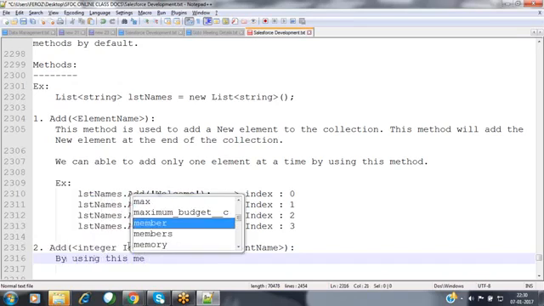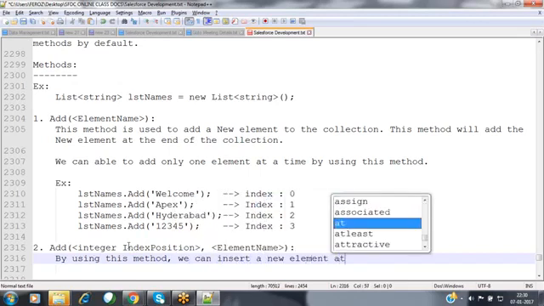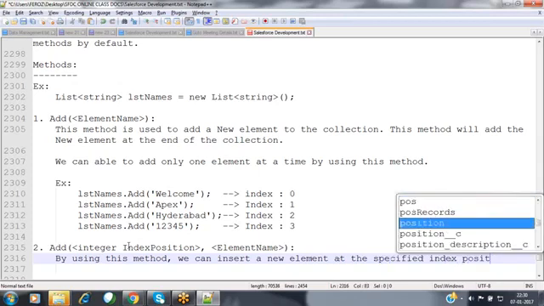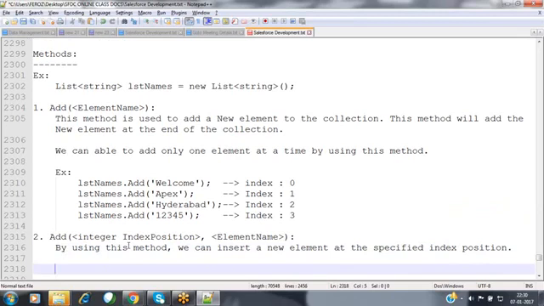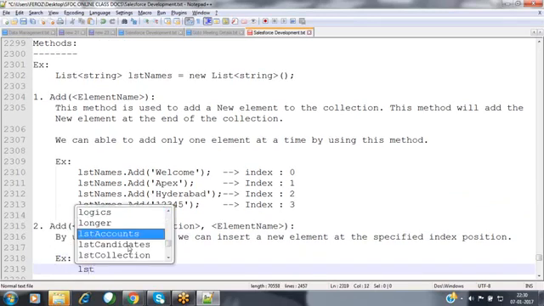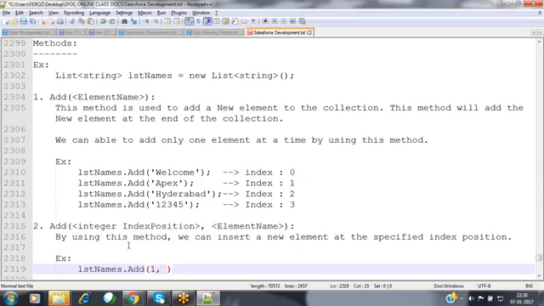By using this method, we can insert a new element at the specified index position. In order to insert that element, we can add like this. We use the object name dot add, passing 1 comma, and some value called India.